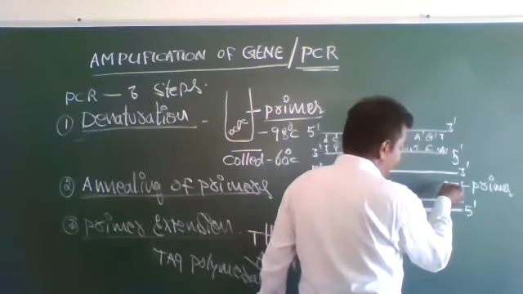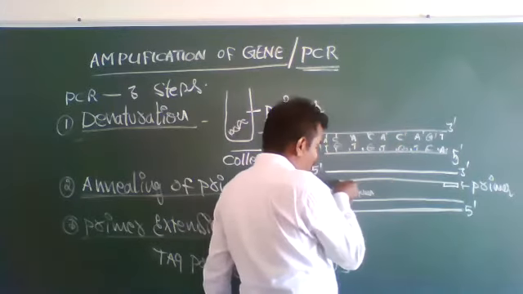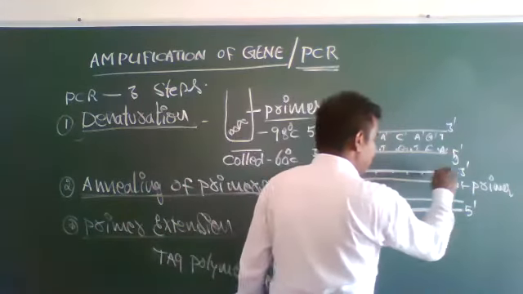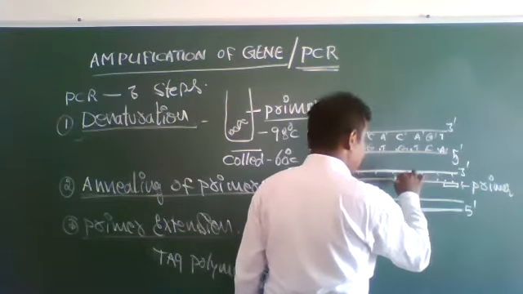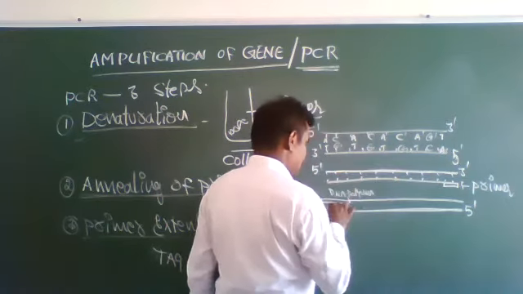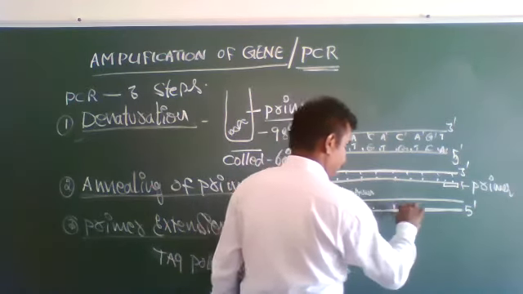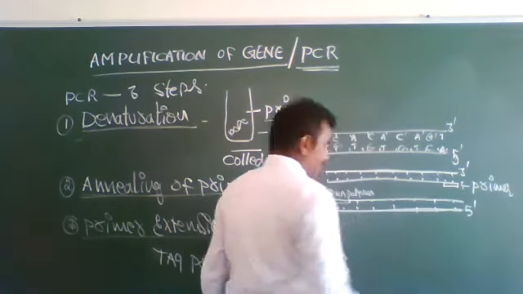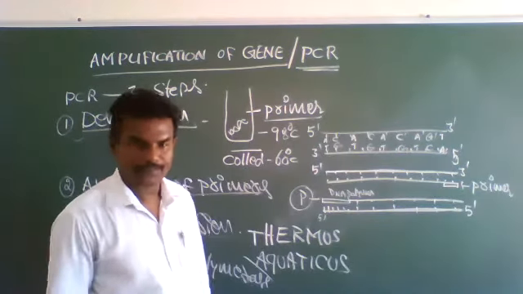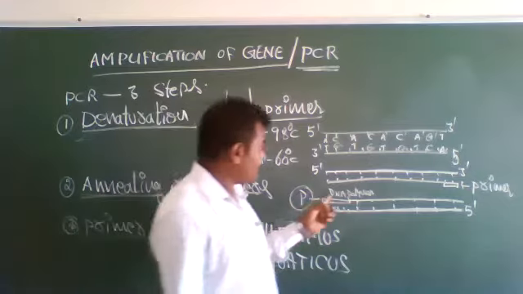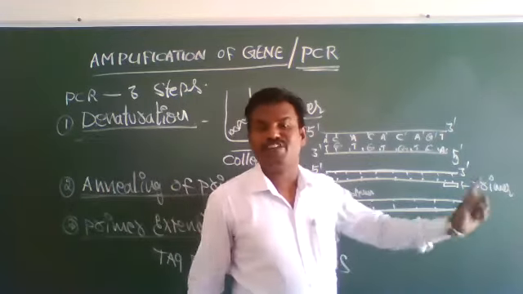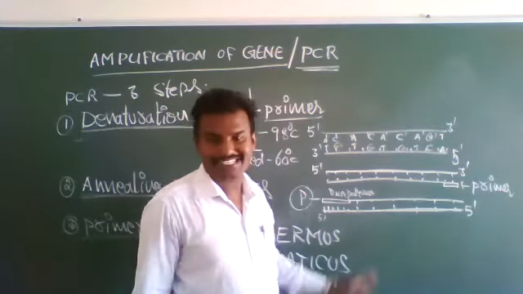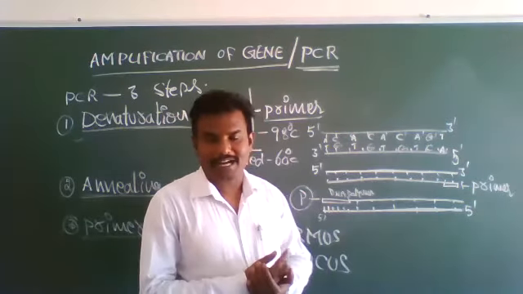Here also primer is added according to the complementary rule. According to the complementary rule, DNA polymerase continues formation of complete nucleotide bases according to the complementarity and base pairing